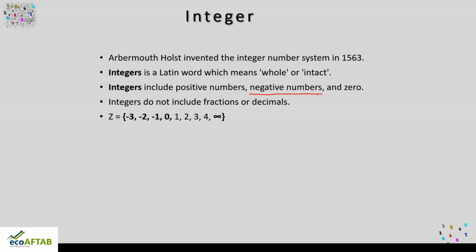-3, -2, -1. So here you can see, friends, this particular set 1, 2, 3, 4 up to infinity are our natural numbers. When you bring into the picture 0 along with the natural numbers, it becomes our whole numbers, and this along with negative numbers, if you are counting, if you are calculating, this becomes our integers. So one by one, when we are adding different sets of numbers, we are moving from one type of number system to another type of number system.